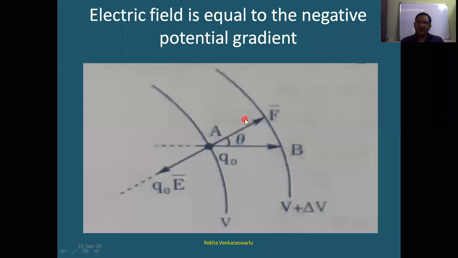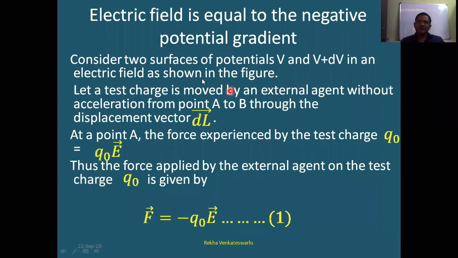In moving the test charge from point A to B, suppose that the displacement is dl bar. Then the force experienced by the test charge Q naught is Q naught into E bar. Therefore, the force applied by the external agent in moving the test charge from A to B